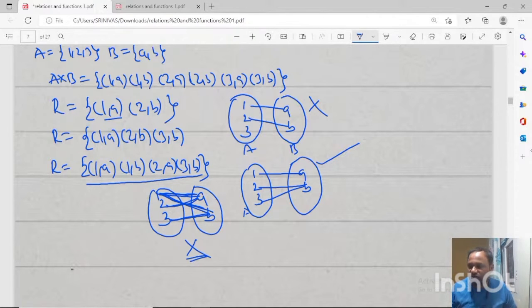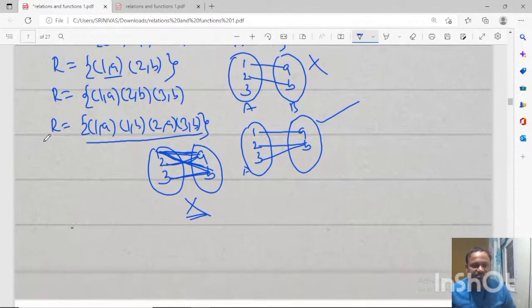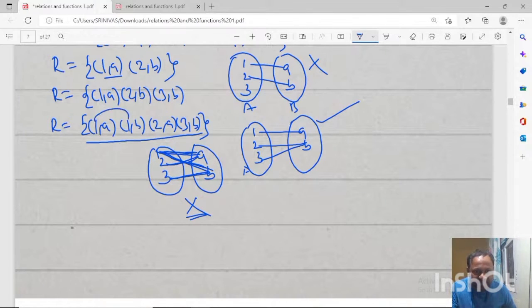Here, see this, the x coordinates are the same. Okay? So x coordinates are the same means we can easily say that it is not a relation. Okay. So I'm going to write one of the important conditions, that is, if a function